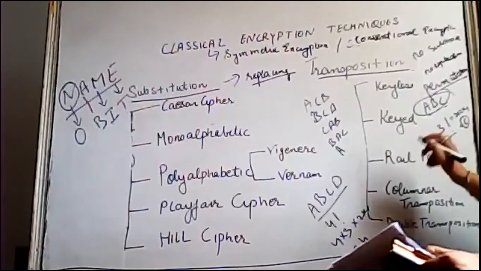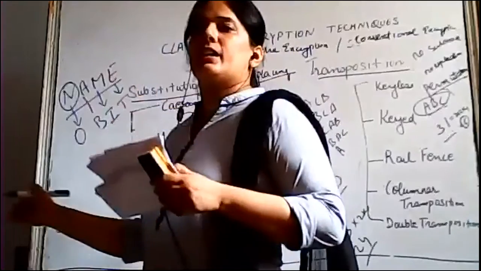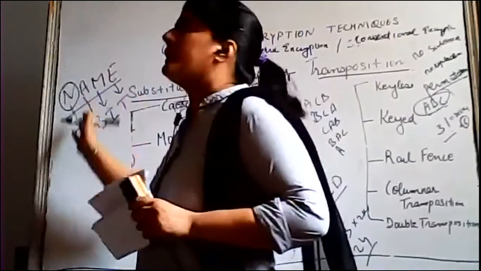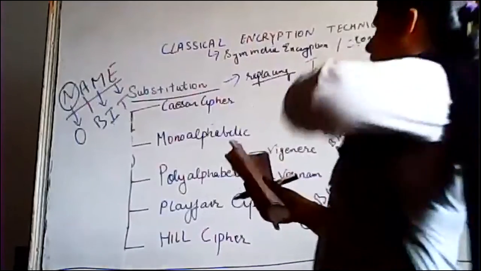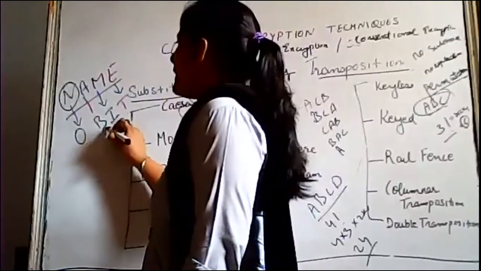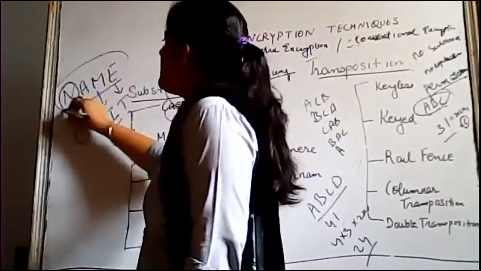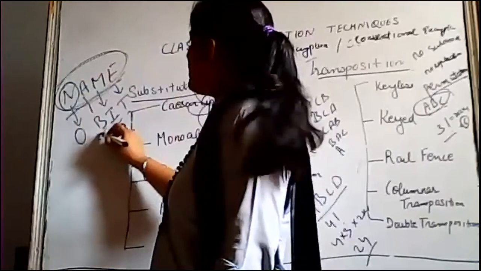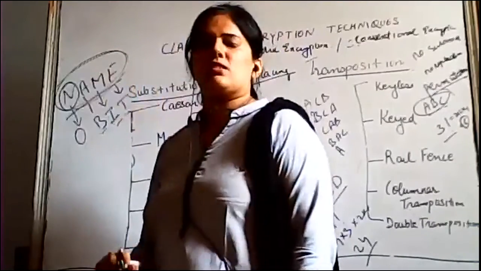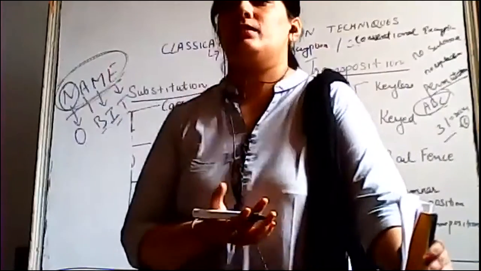We are rearranging all those letters. In substitution, we are not rearranging; we are directly substituting the alphabet in a text. Like you are using this O, that B, that I and T. Those don't belong to the original text. All these letters are different from the original text. Why so? Because you are substituting that letter with some other letter.